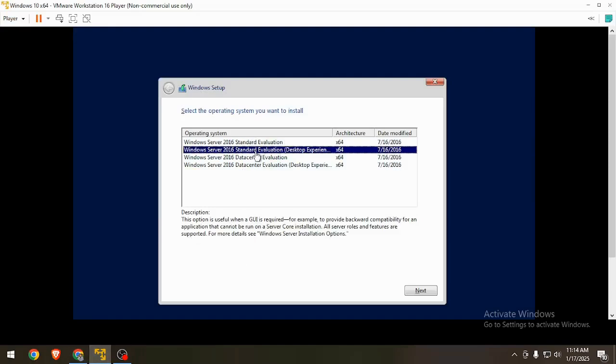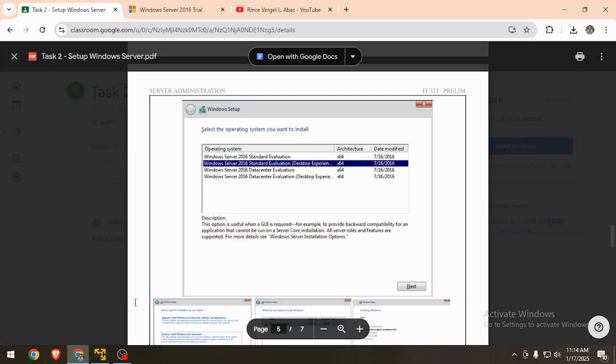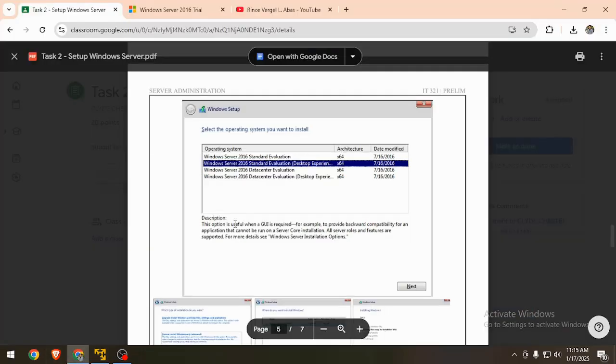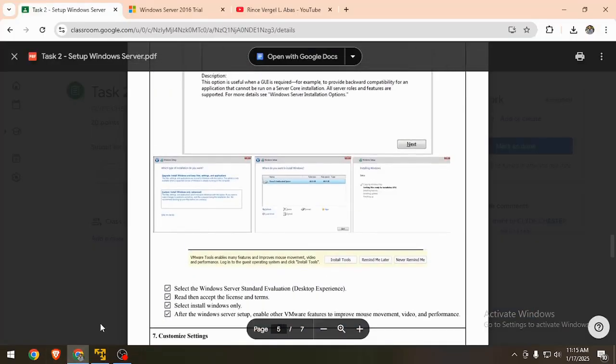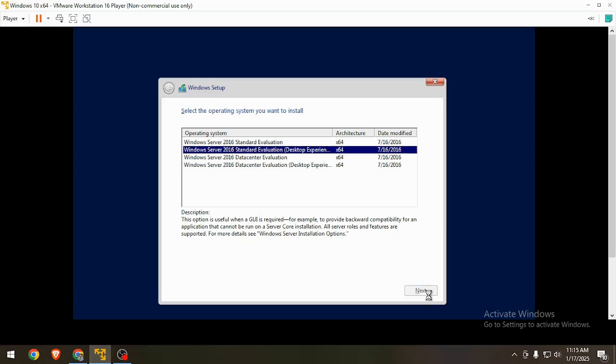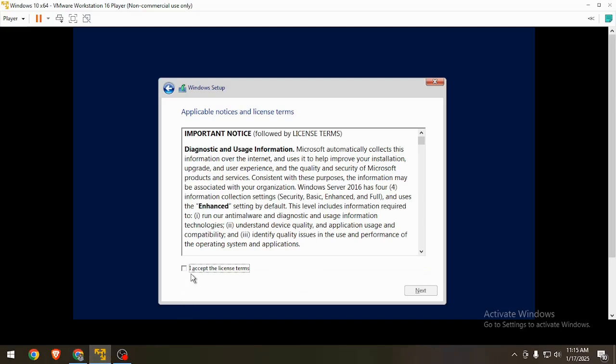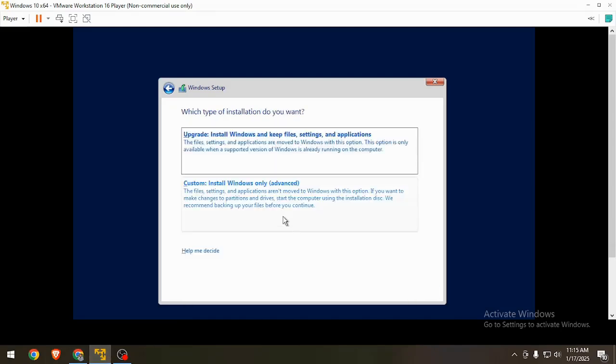I want you to click this one, data experience. Click that one, this standard evaluation edition, and then proceed to next. Accept, next, and then custom.